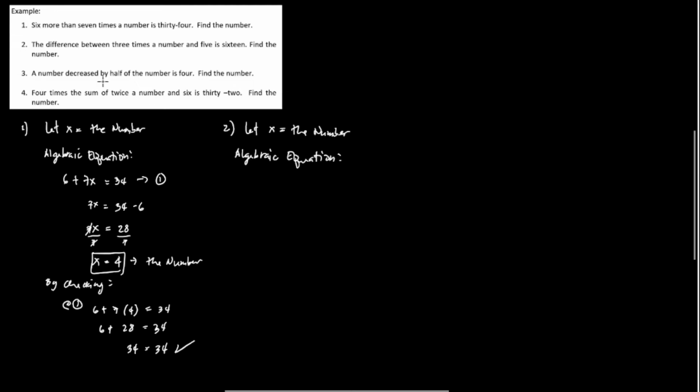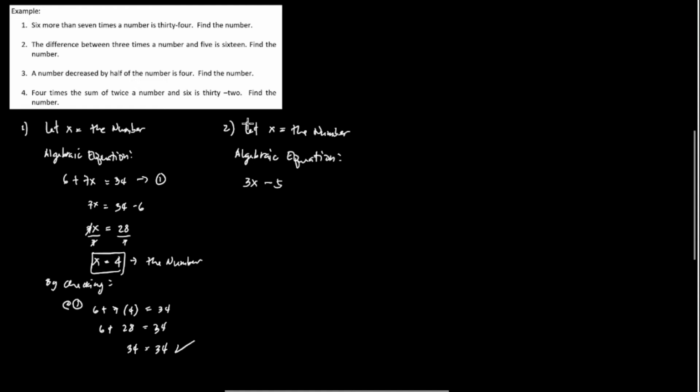Based on the given sentence, the difference, which is negative sign, between 3 times a number, so a number is x, so 3 times x, and the difference, which is negative sign, and 5,